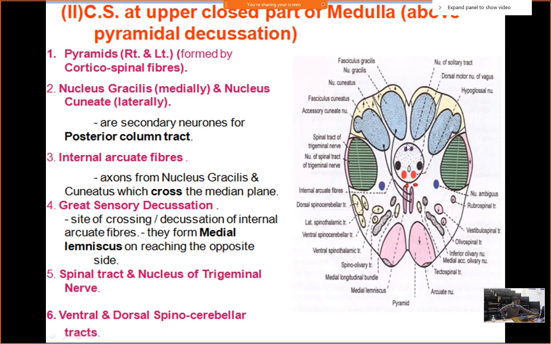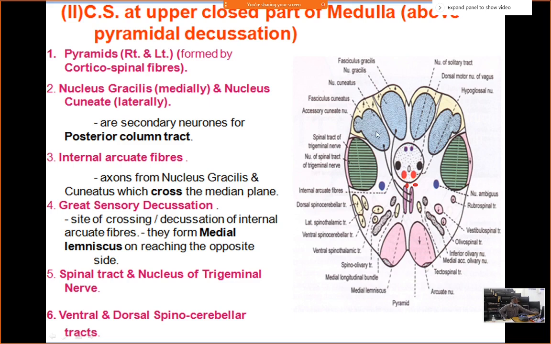So first, this is the central gray matter. Then posteriorly, the gray matter becomes detached from the central gray matter, and these ultimately will form nuclei separately. What nuclei? Medially we have the gracile nucleus. Laterally we have the cuneate nucleus. And these are fasciculus gracilis, fasciculus cuneatus.